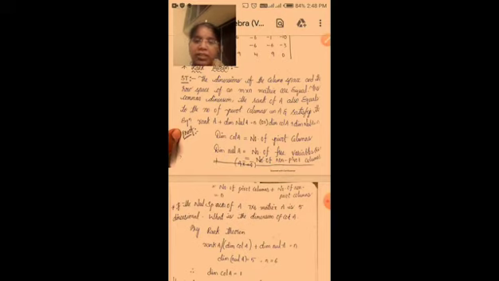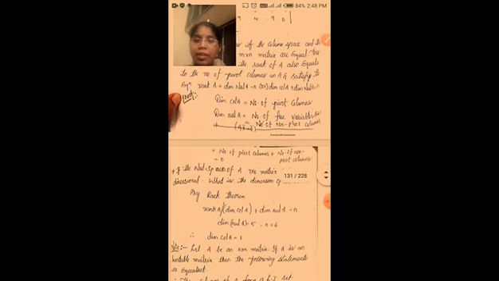Dimension of column A, rank A, both are equal. So dimension of column A plus dimension of null A is equal to n. Okay, so see here, dimension of column A is equal to the number of pivot columns, dimension of null A is equal to the number of free variables. So here, the number of pivot columns plus the number of non pivot columns is equal to n. Okay? So the number of pivot columns plus the number of non pivot columns is equal to n.